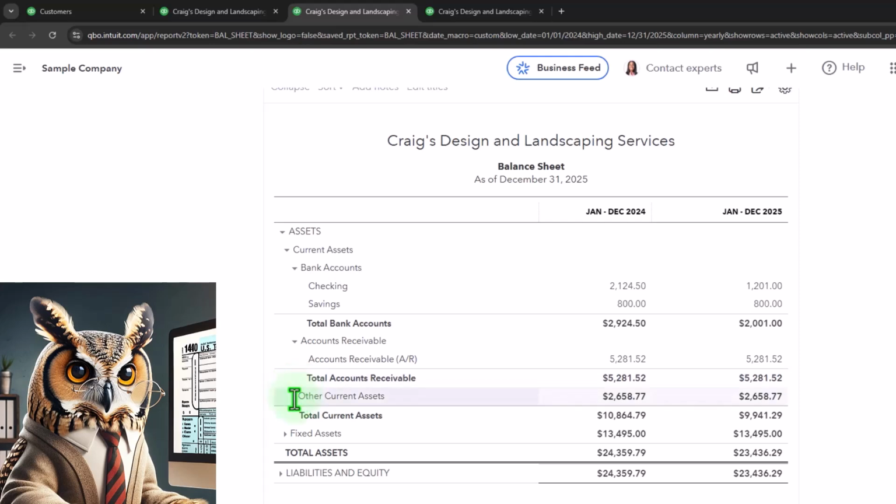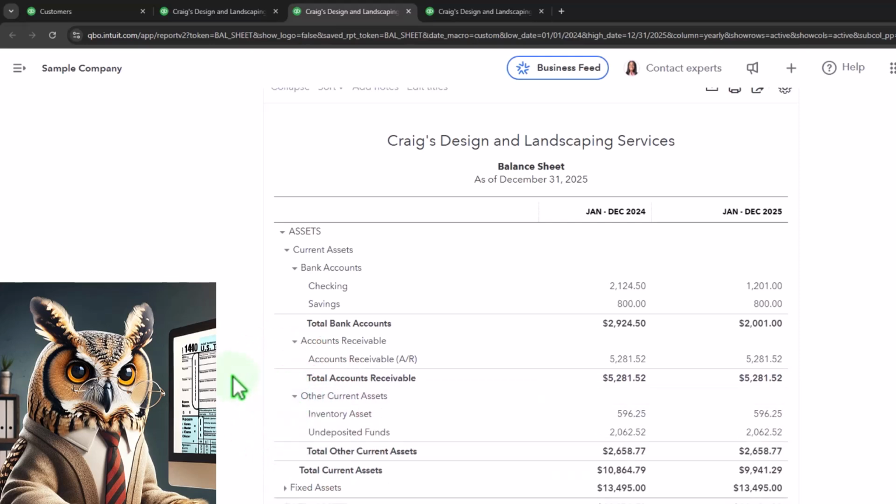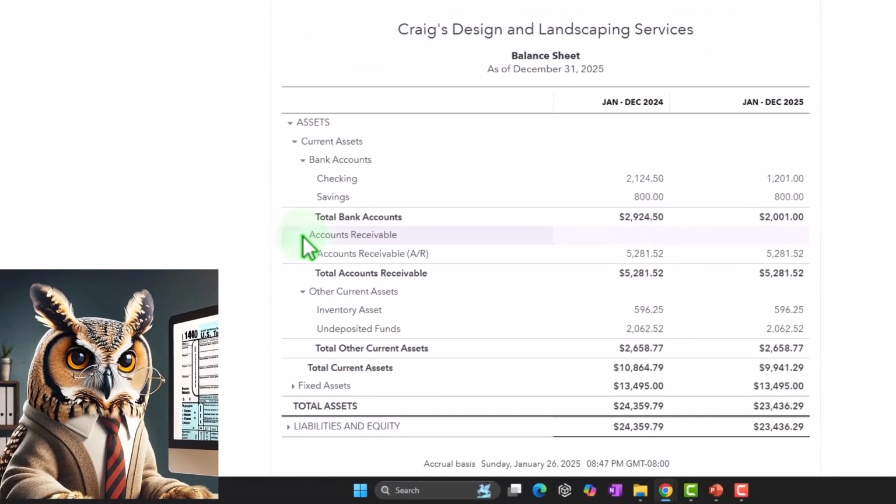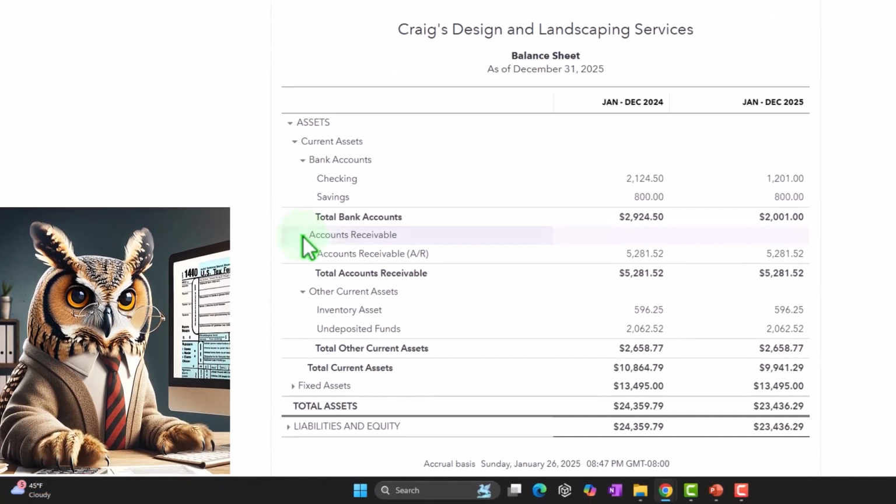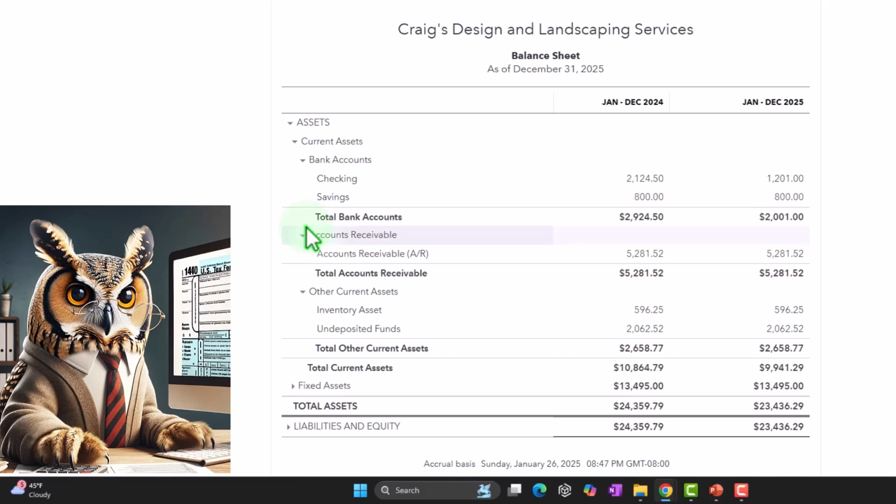And then the other current assets, this is where all the other current assets would be if they don't have a special need. So remember, normal bookkeeping or normal financial statements would not have a special breakout for the banks or a special category for accounts receivable. They would just be listed under current assets. They have a special breakout because of the functionality needs being different account types within QuickBooks. And then all the ones that don't have a special need are under just the other current assets,